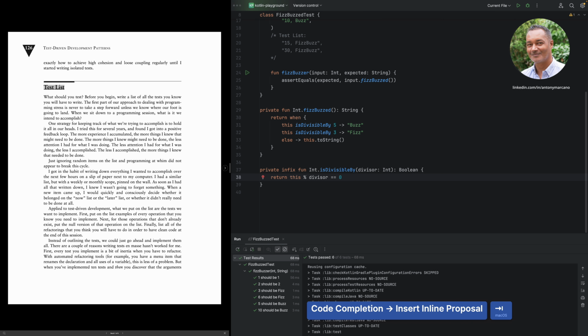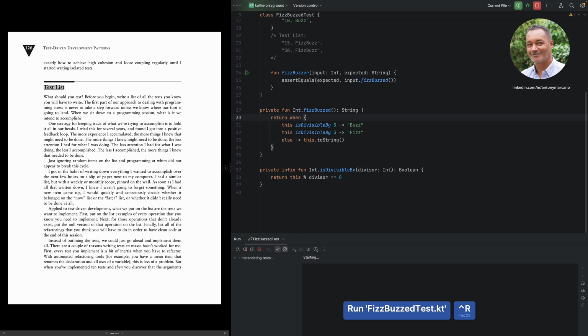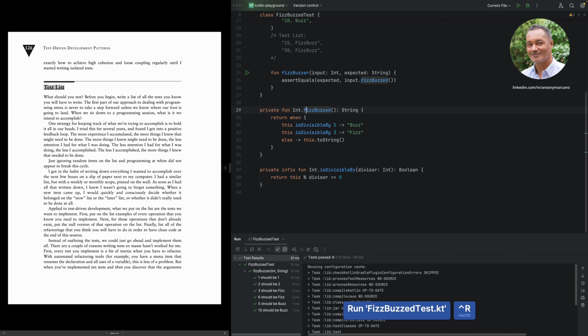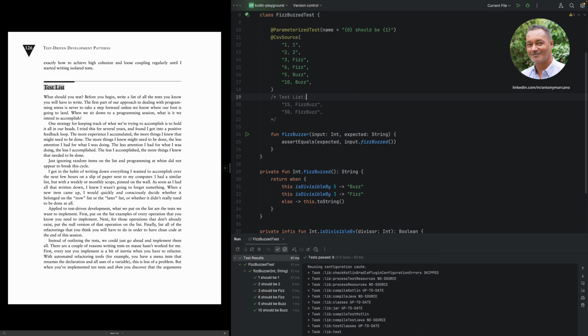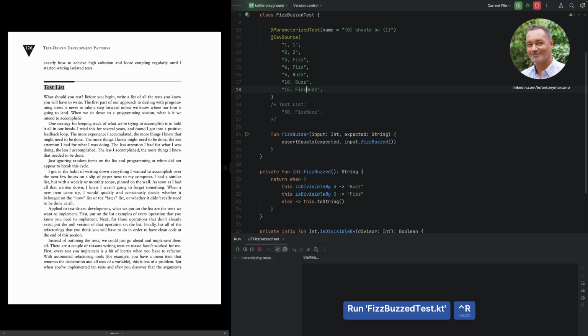There you go, it's figured out what I wanted to achieve next, and when we run that, that should all nicely done. Okay, so now we've got our first FizzBuzz example,